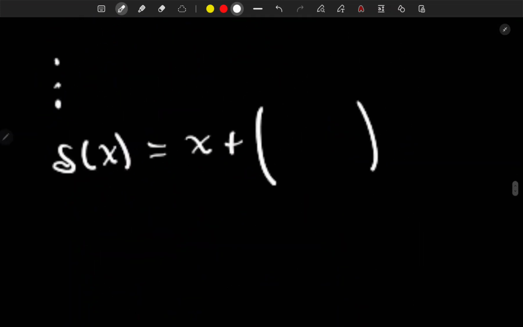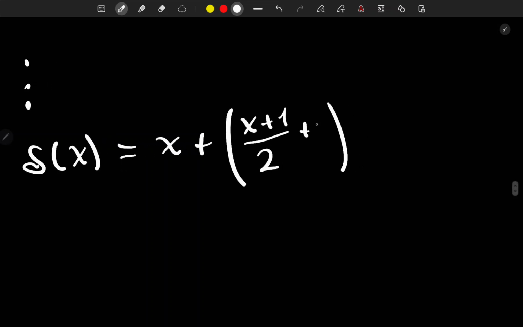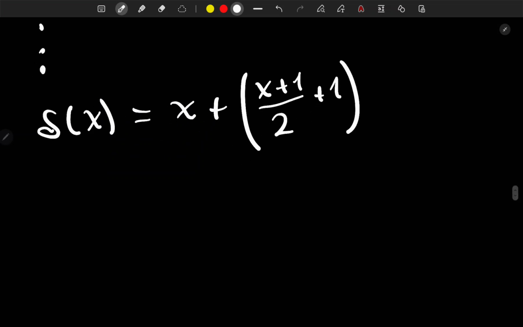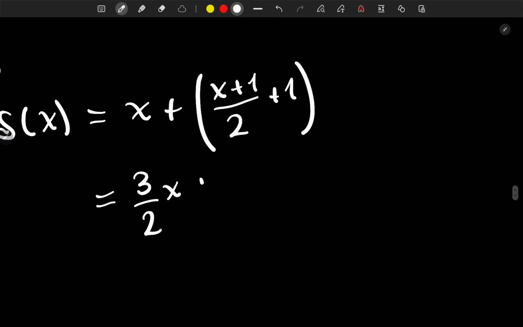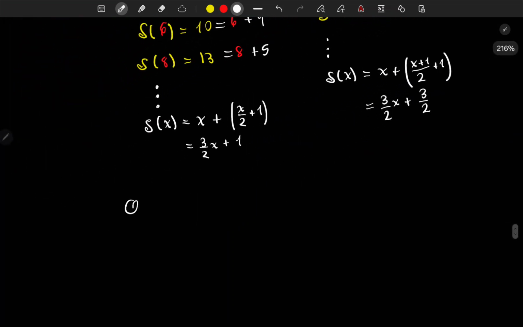And therefore, we have that this is the number x, plus 1. And all this divided by 2. And at the end, we sum 1. And we can rewrite this again as 3 over 2 times x plus, this time, 3 over 2. 3 over 2. So we get that our limit,